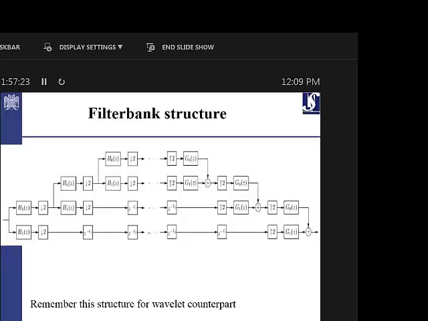So we have the fine resolution and the coarse resolution for the wavelets. When we take a long window, we are just taking the lower frequency part of the signal, and it's just like the coarse resolution. When you go to the details, it's just like having this part of the filter bank. So in the wavelet multi-resolution analysis, we are implementing the same idea as the filter bank, but with a different notion. Here we have the notion of the frequency, and in wavelet we have the notion of